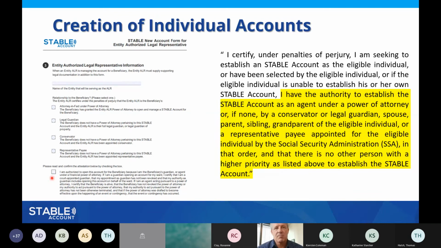Maybe their parents don't even have legal guardianship, but really have no interest, or their siblings are too young, so that wouldn't really make sense. Maybe grandparents. So again, the point here is that in general, it's deemed as just needing to have an understanding, whether consulted directly or otherwise, that none of those categories of individuals or designees want to do this. And then, okay, you're fine to do it instead.